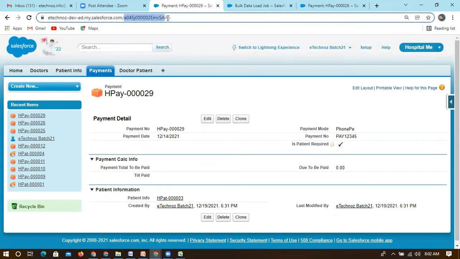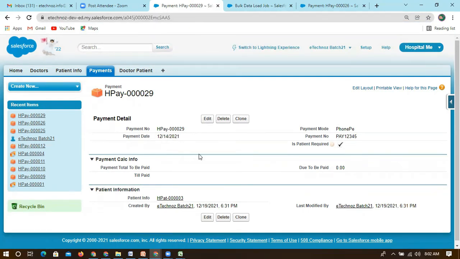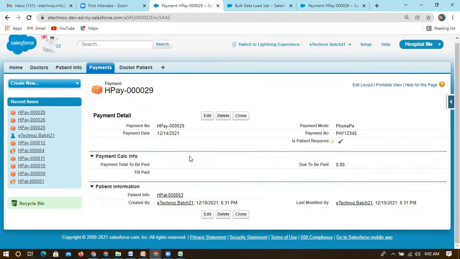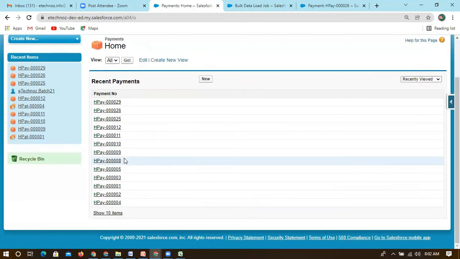If you can see here, there are a total of 18 digits. After creation it is showing 18 digits, but when you are giving data, it should be only 15 digits. So you have to remember that. And this is the new record which is created just now. The number is 29, from 29 till 32 or something. So these are all new records which got created within the system.